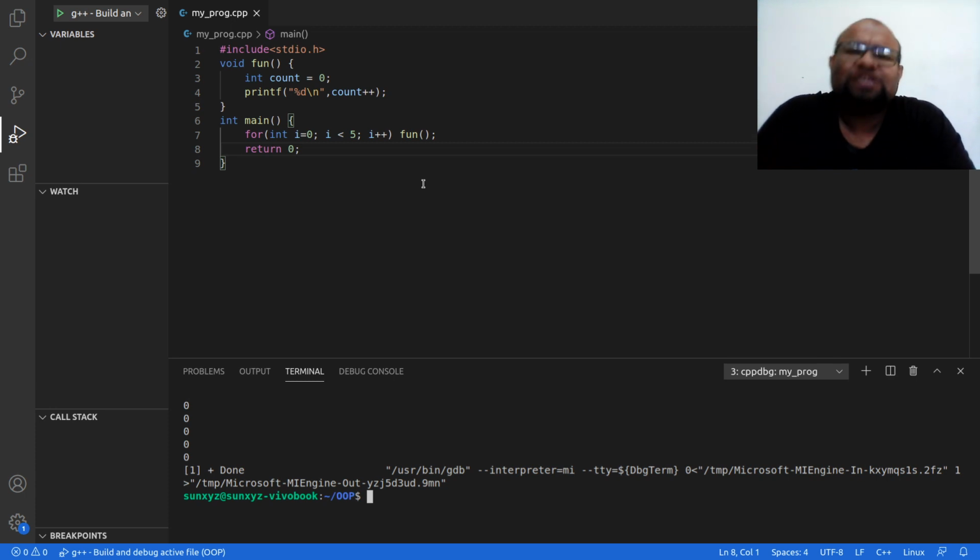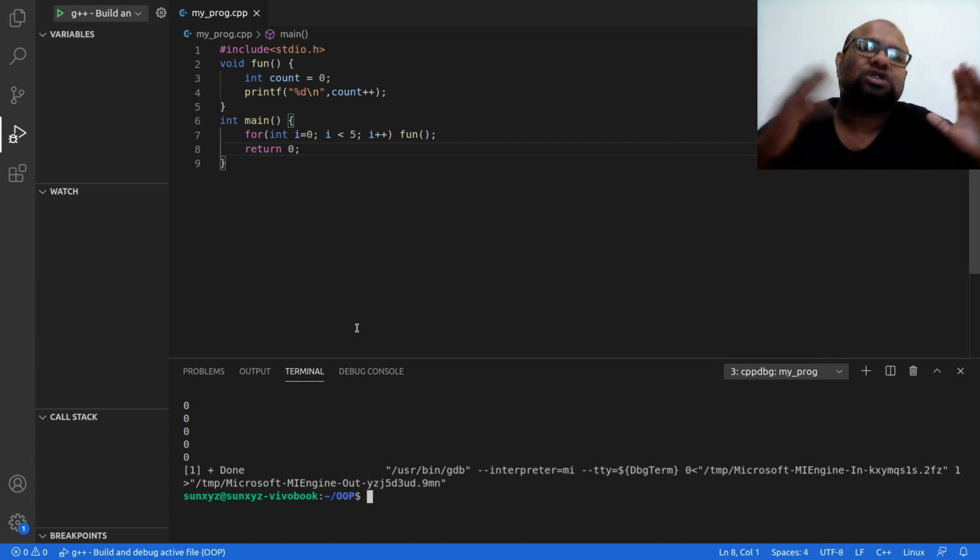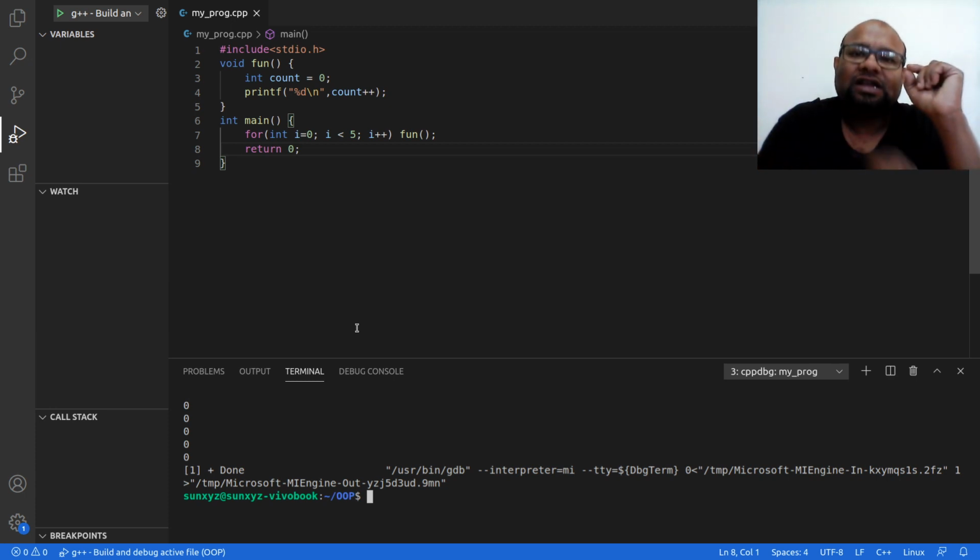So this is what is happening behind the scenes, and therefore every time I call the fun function, I print 0, because every time I am initializing this memory to 0. So every time I end up printing 0, and by the end of every function call I increment it to 1, but that does not have any effect in my program. I lose the value. The fact that I increment this 0 to 1, when I return from this function, this information is lost.